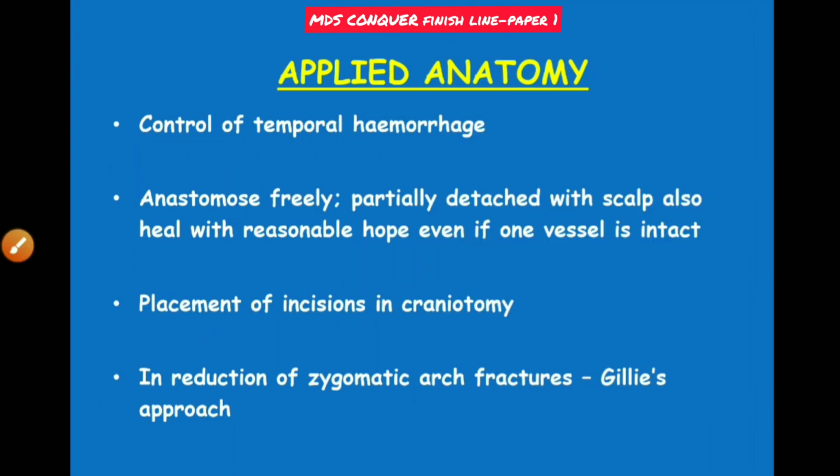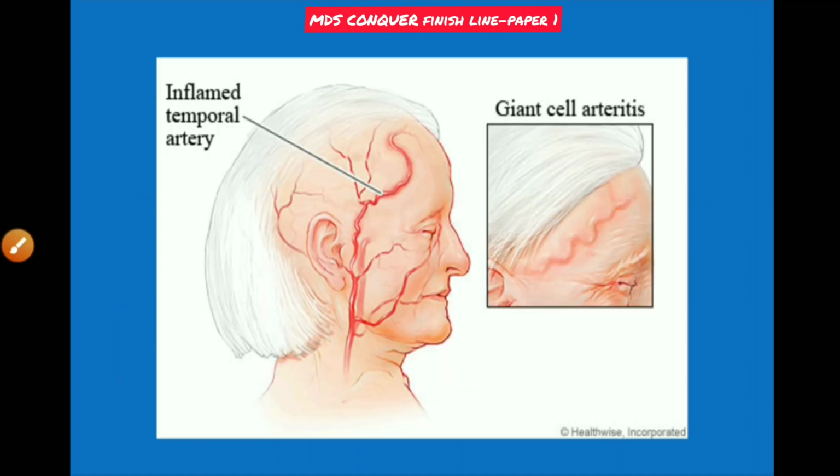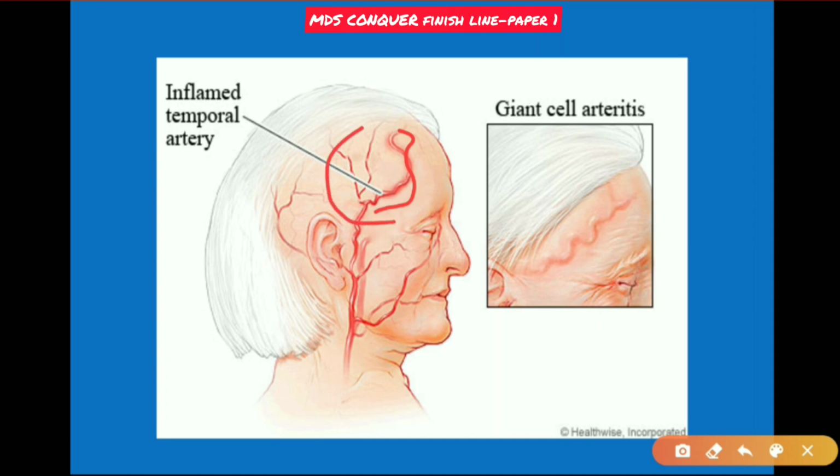Applied anatomy. This is used to control temporal hemorrhage. You have to be careful about this artery before placement of incisions in craniotomy, and in the reduction of zygomatic arch fractures through the Gillies approach. You should be careful with this artery. And again, this is called giant cell arteritis, where you can see the inflamed temporal artery,